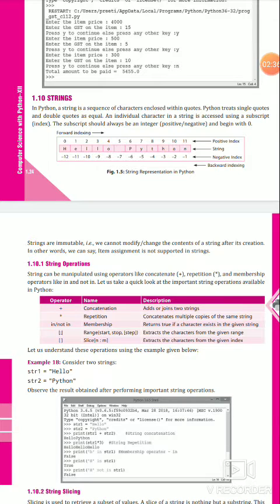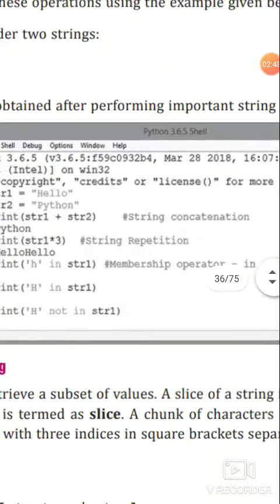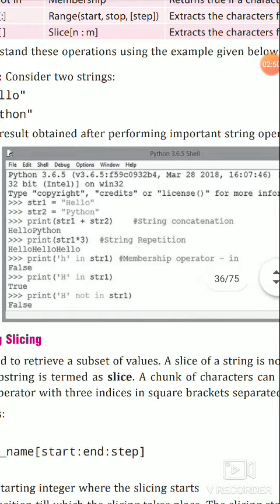Then slices: using colon in brackets, it extracts the characters from the given index. Here an example is given with hello python, where we add two strings, multiply the string, and also find out whether a character is in that string or not.